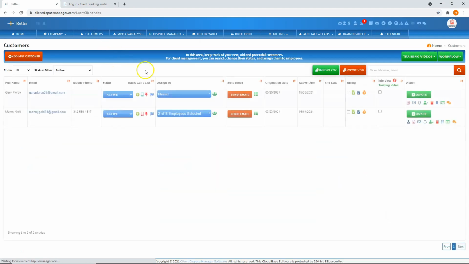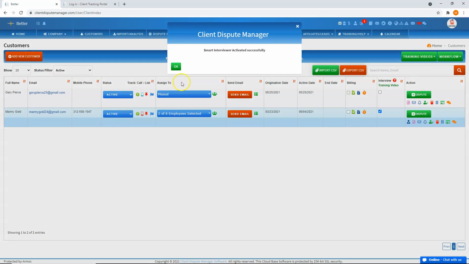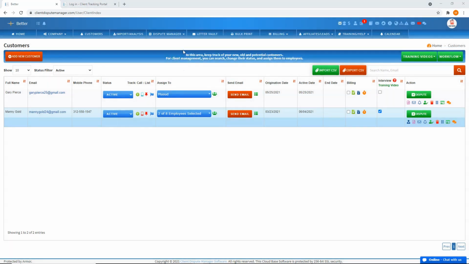To activate the interview, all you have to do is check the tick box on the interview section, this part right here. Once you do so, that would automatically activate the credit report Smart Interviewer. Just hit on yes. There you go. If your client is in a no portal status, you need to change them